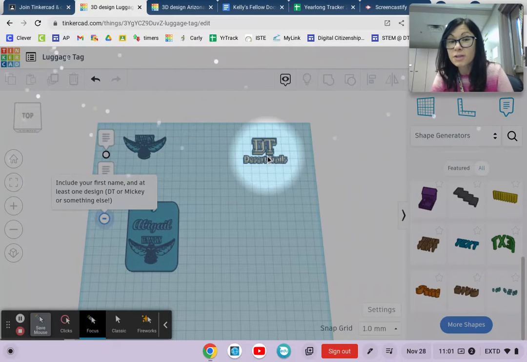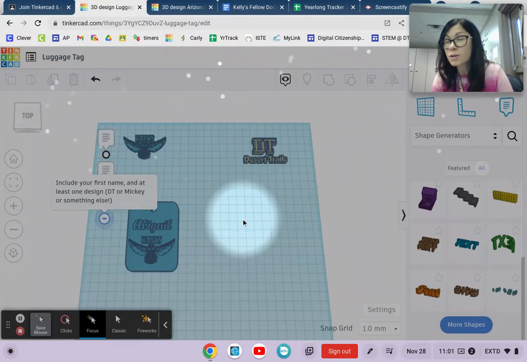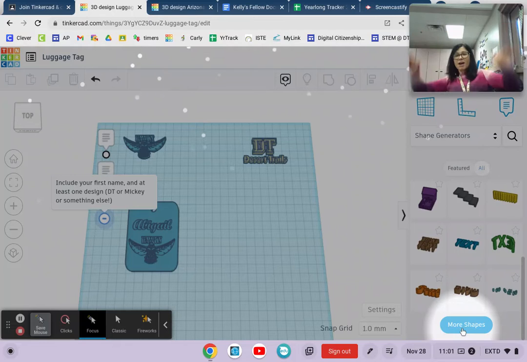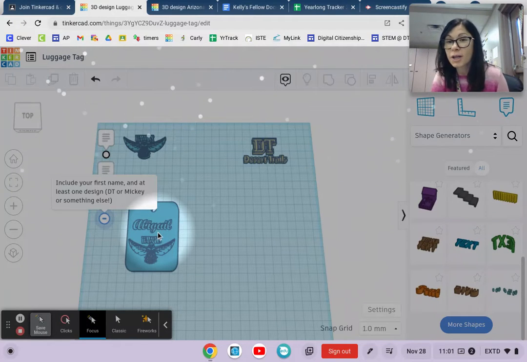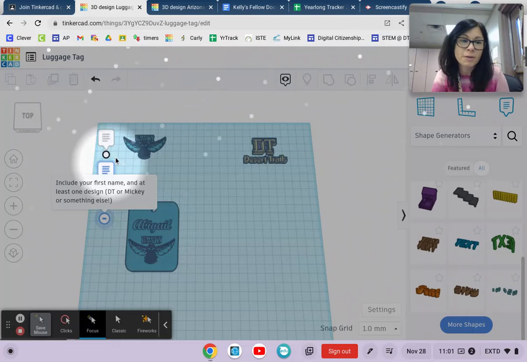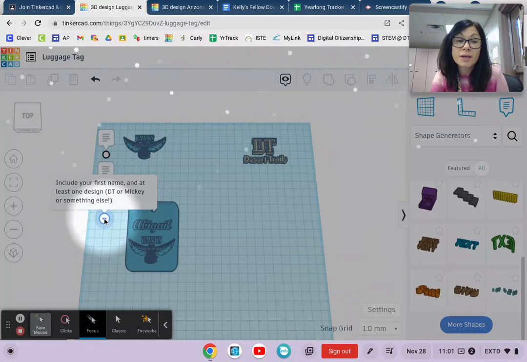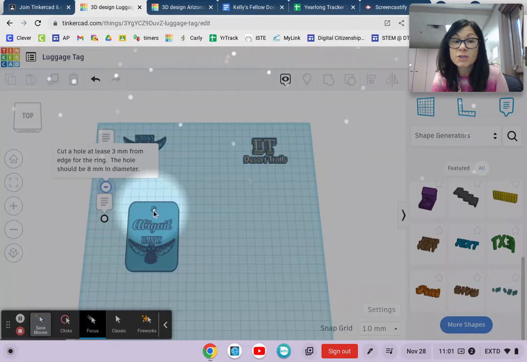It could be one of these desert trails designs. You could put 3 circles together and make Mickey Mouse. You could pick a different design from inside of Tinkercad. Whatever you want to add to it, that's up to you, but it has to have your name and at least one design. The next thing that you need to know is that you're going to need to cut a